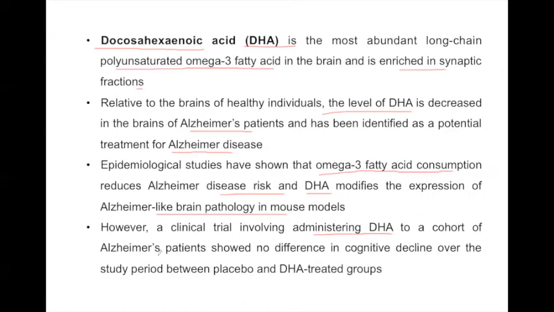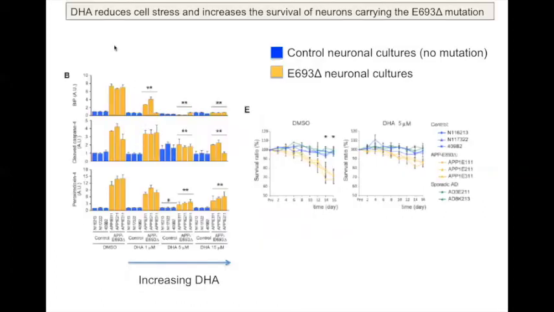In other words, there is an omega-3 fatty acid, highly enriched in the brain, particularly in synaptic fractions, decreased in Alzheimer's patients. Therefore, a trial was conducted to increase the level of this particular omega-3 fatty acid in the brains of Alzheimer's patients. However, this trial failed, which brings us back to our iPSCs and our particular